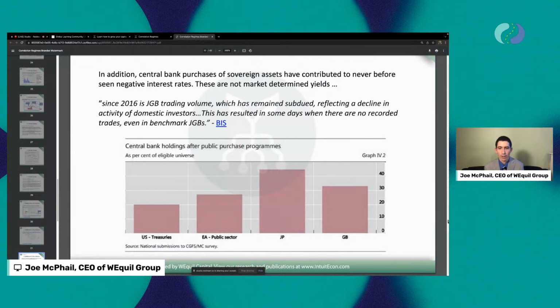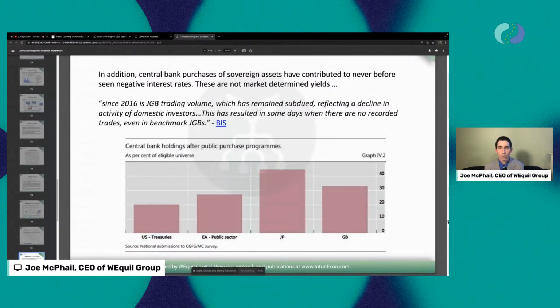Now, if you look at the United States, it's actually quite a bit lower. It's only 20%, and part of the reason is because U.S. government bonds and the U.S. dollar more broadly are a global reserve asset. It's 65% of the central bank reserve portfolio on average across foreign central banks. And so the price of government bonds in the U.S. is really set by the global market. That's not really true for Japan, for example.